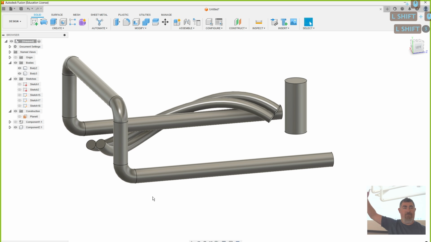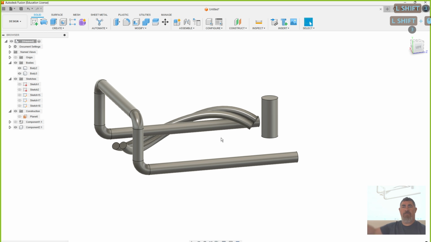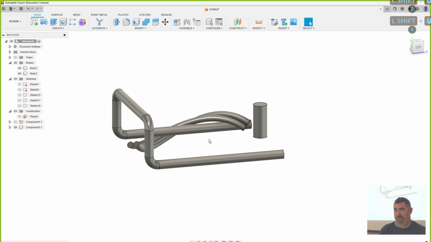That's kind of a more advanced kind of thing with this. But it gives you that ability to do those other things. So don't use it all the time, but when you need it, you need it. And so it's kind of the tool to have in your back pocket that you can pull out when you need it. So that's both sweep and loft are